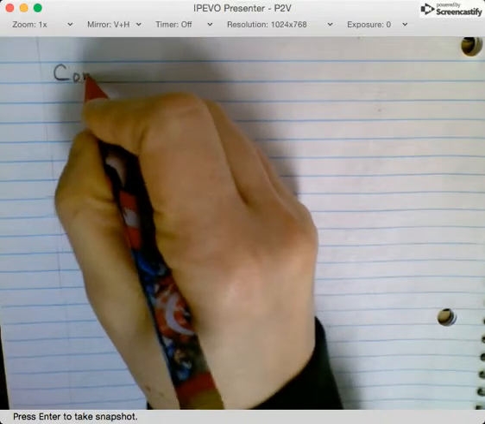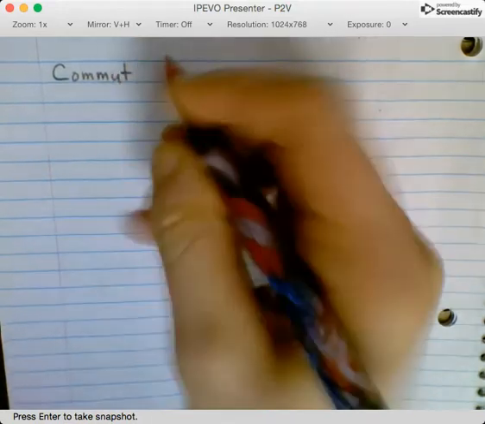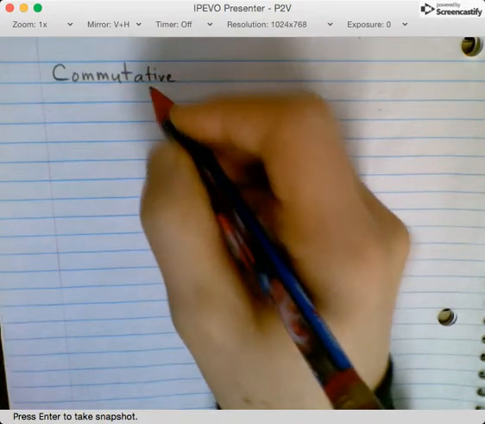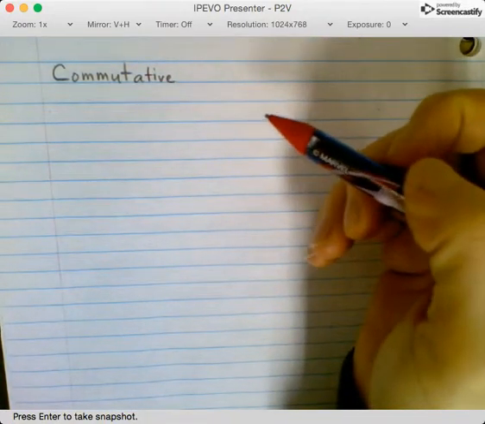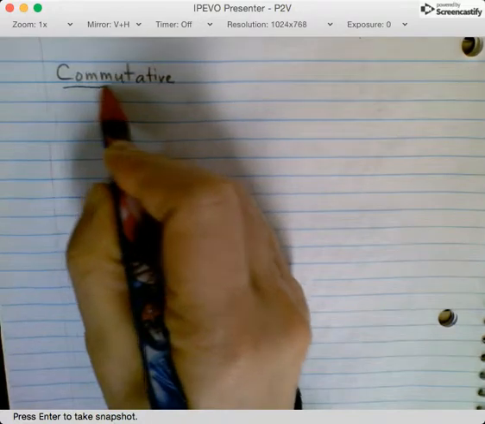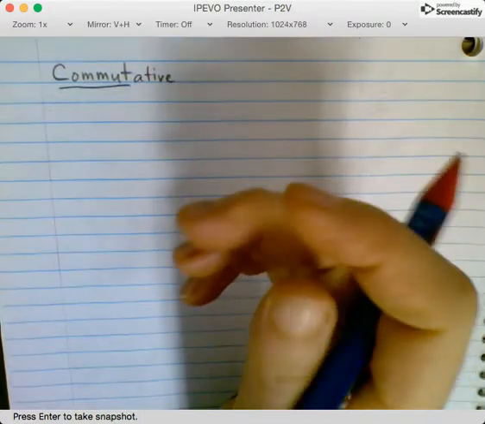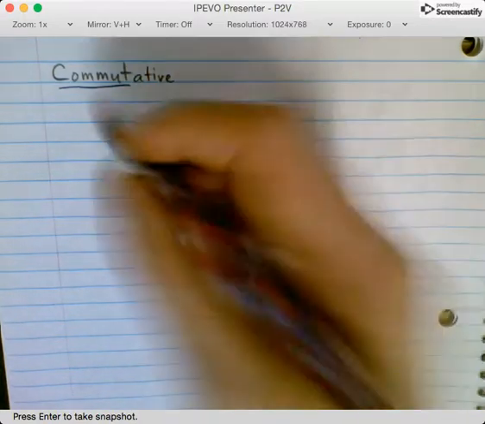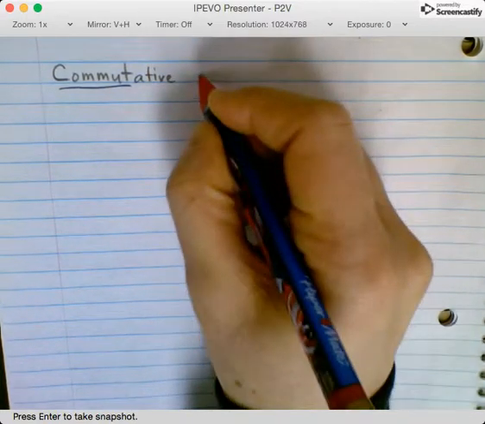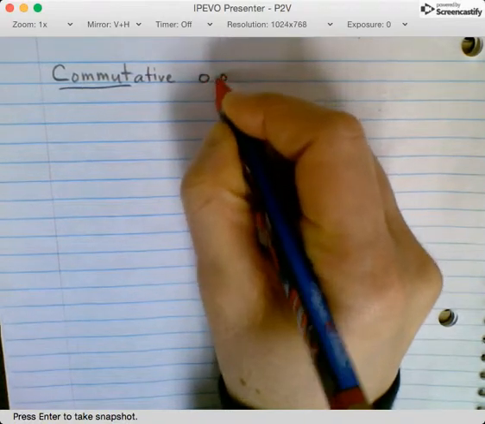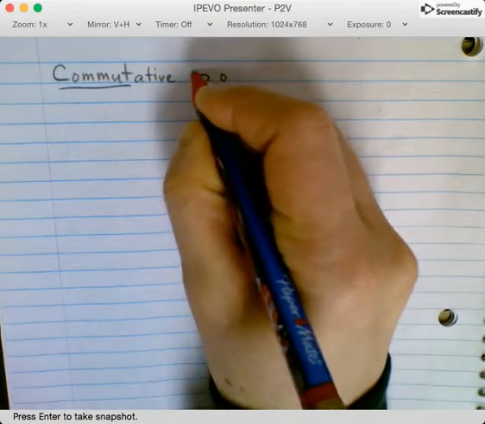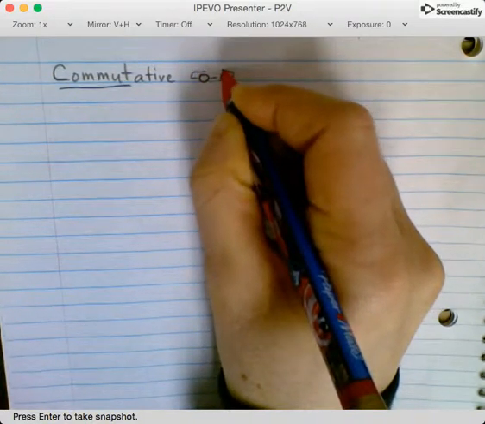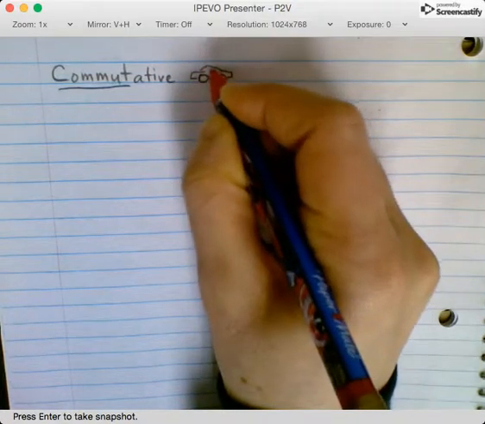So the commutative property is similar in both. I like to use the way the word sounds to help me remember. This word sounds like commute, and so I would draw maybe a little car. So you commute in a car to work,